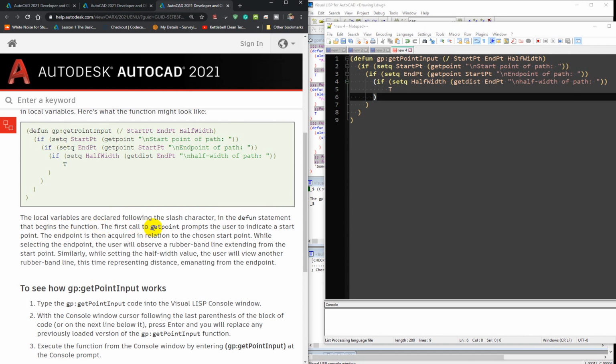The first call is to getpoint, which prompts the user to indicate a start point. The endpoint is then acquired in relation to the chosen start point. While selecting the endpoint, the user will observe the rubber band line extending from the start point. That's why we put this in here, to get a rubber band. Similarly, while getting the half width value, the user will view another rubber band line, this time representing distance